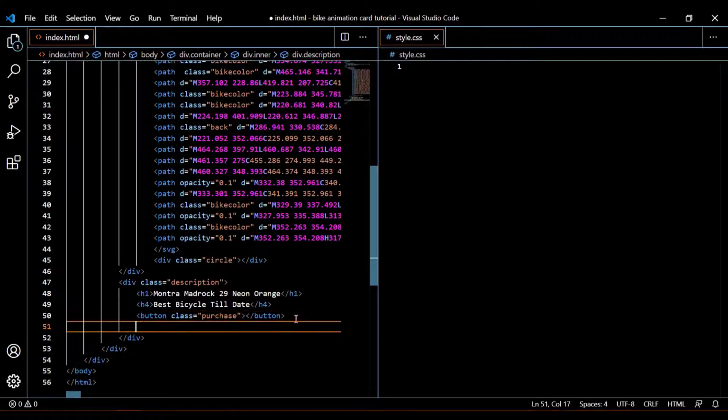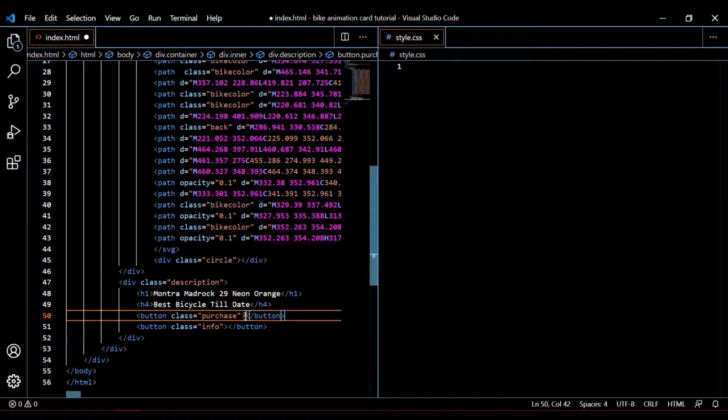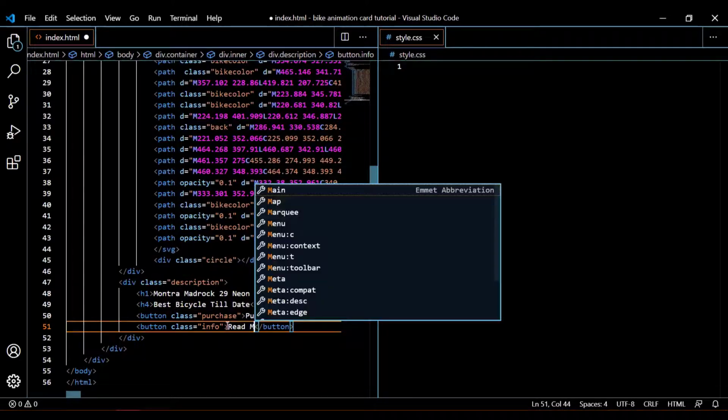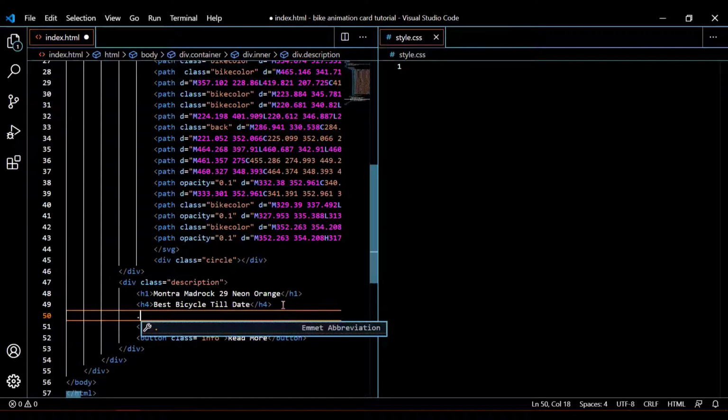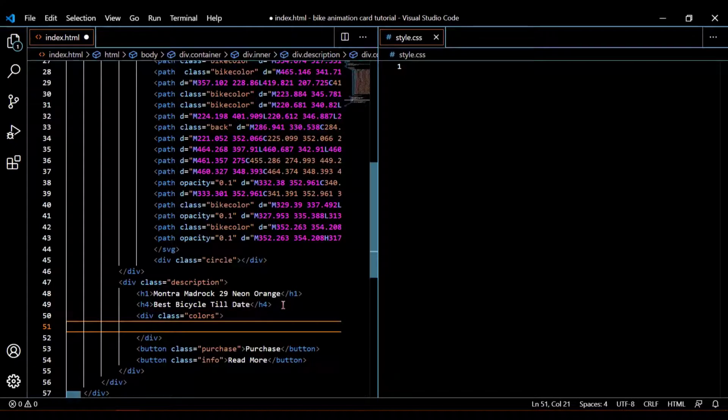And after that I am going to have another button which will have a class name of info, and in the first button we are going to write purchase, and in the second button we're going to write read more. Okay, and before the purchase we are going to have another div called colors, and here all the color options for the bike will be there.